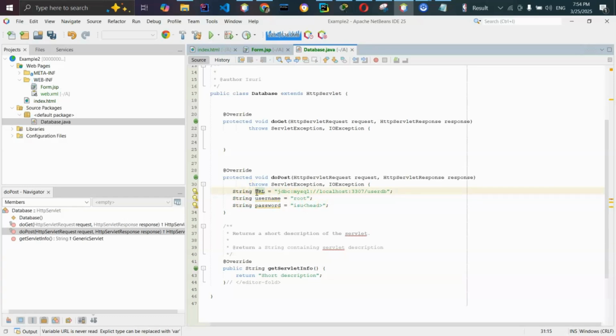I change my variable names like this: DBURL, DBUN, and DBP. Like this. Now,